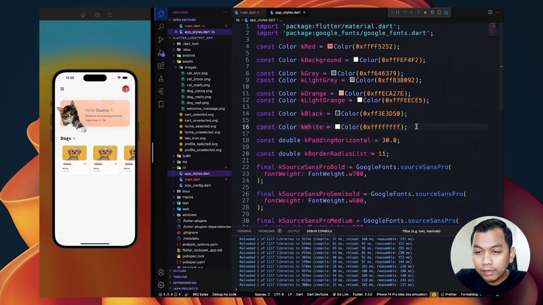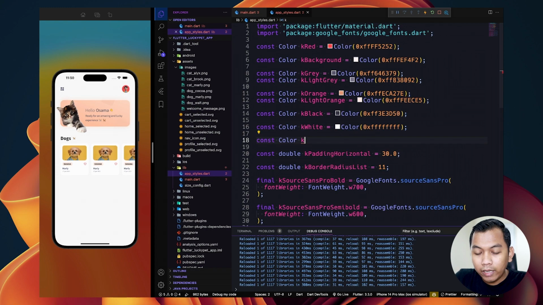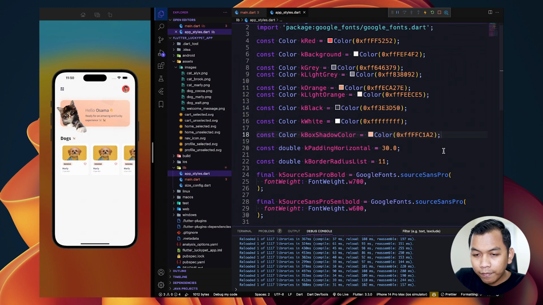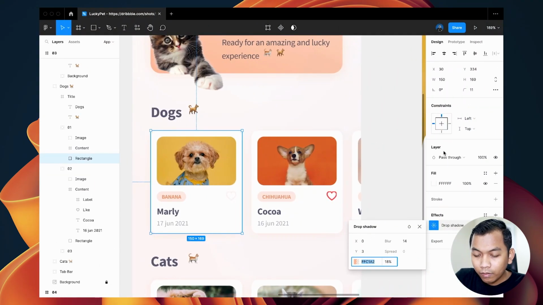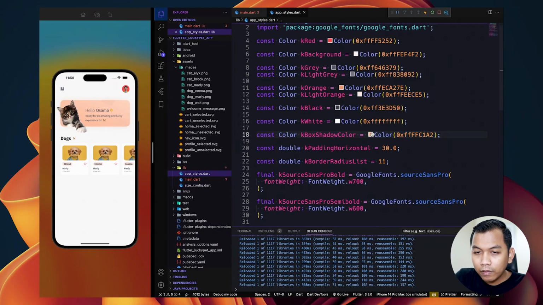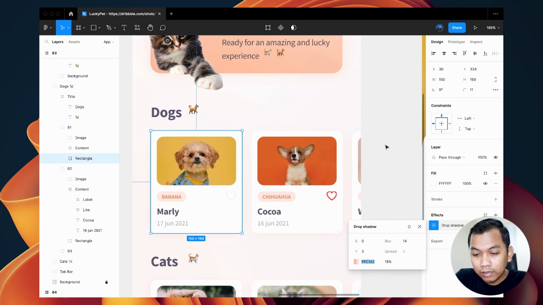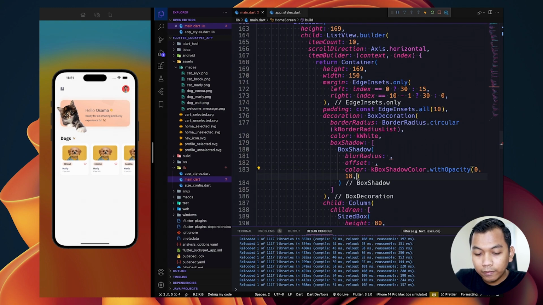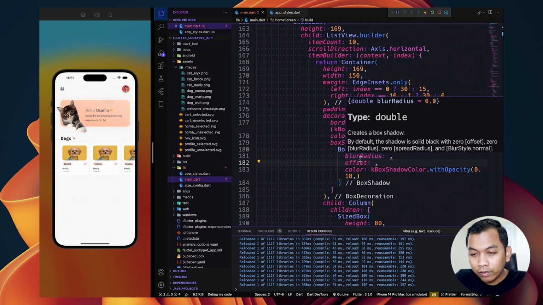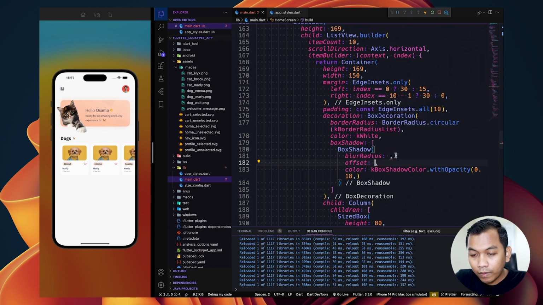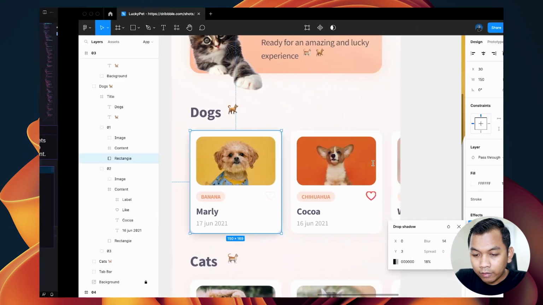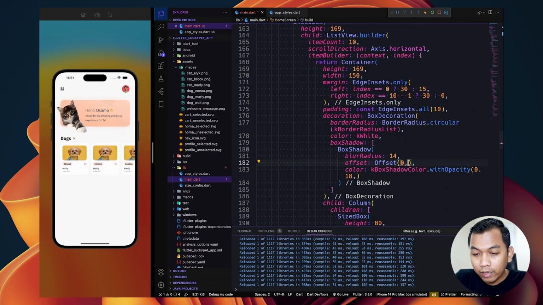So what we need to do, let's say const Color kBoxShadowColor, and let's go back to main, and for the color, box shadow color, we need to change the opacity to be just 80%, so 0.18, and for the offset will be blur radius 14, and offset will be X and Y, so we say X 0, and for the Y is 3.